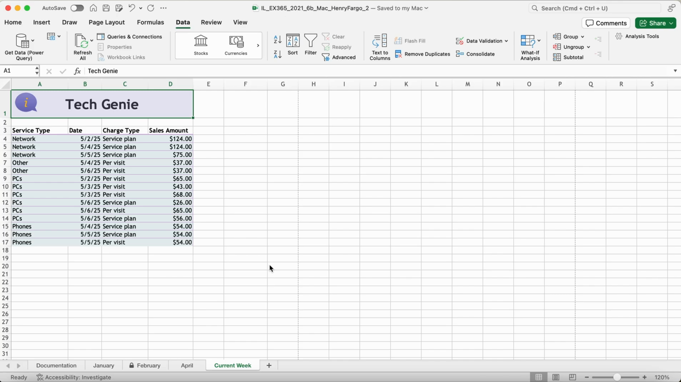Talia signed a contract to provide tech support services to a large local company, and her sales have increased substantially. She wants to see the sales totals for each service type. Display subtotals as follows. Add subtotals to the sales amount column at each change in the service type. Okay, so for this one,